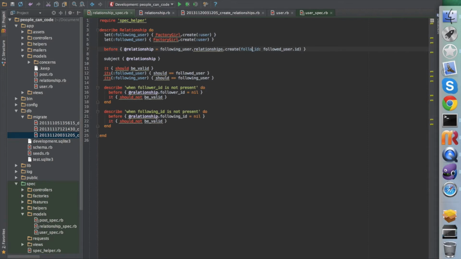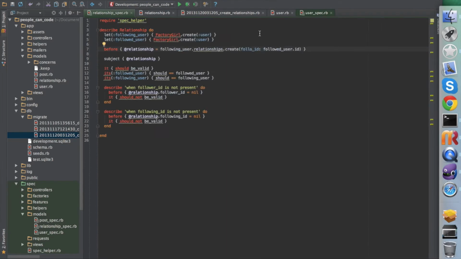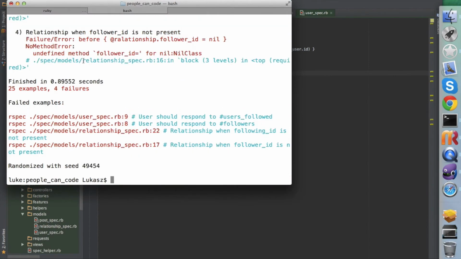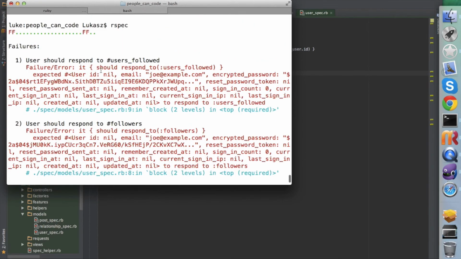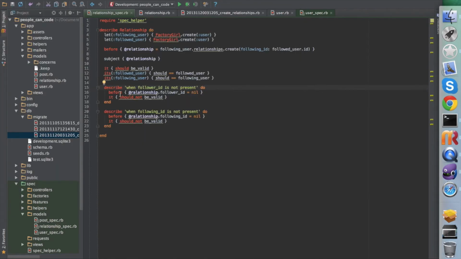So following ID right here. Okay, in our spec. Yeah, and this indeed made some of our tests pass. So there's 2 failing tests here because we have no validations on our relationship, and we expect them to,